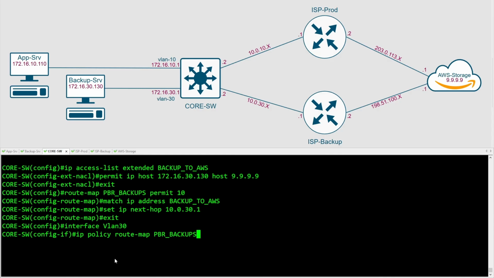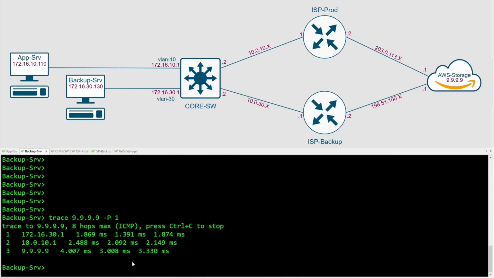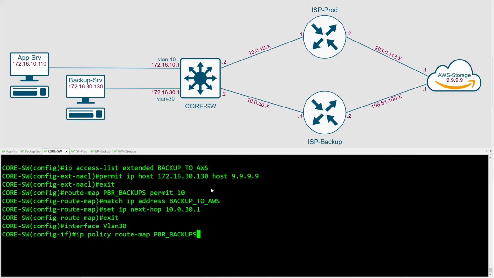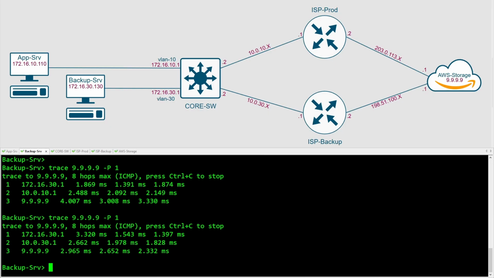But before I implement this, I'm just going to do a trace from the backup server first, just to confirm that it is traversing the production link. So as you can see from the trace, it is traversing the production router. Let's go back to the core switch here and implement that configuration. And we'll just go back and do that same trace. And as you can see there, it is now traversing the backup link